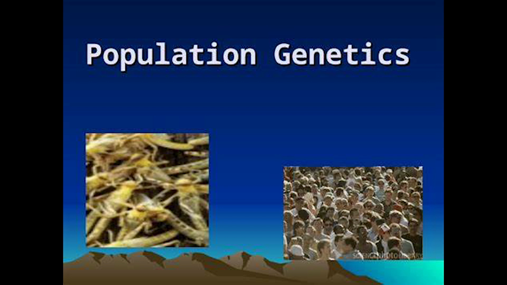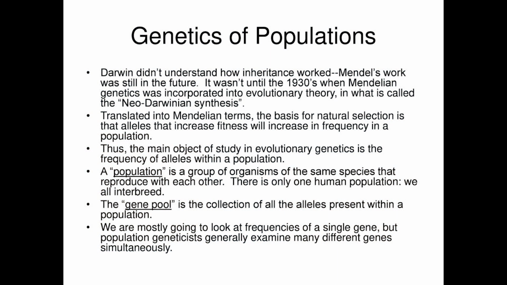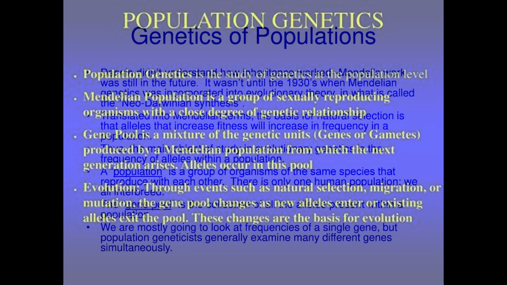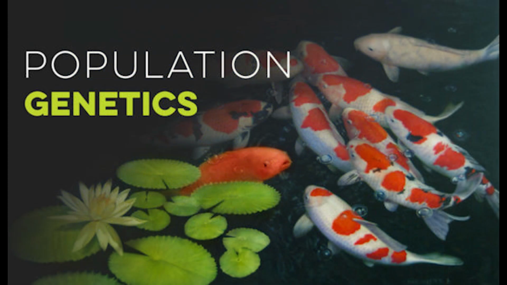By combining Mendelian genetics with Darwinian evolution, population genetics bridges the gap between microevolution, small genetic changes within populations, and macroevolution, the formation of new species over time. Population genetics focuses on allele frequencies, the proportion of different genetic variants, alleles, in a population, and how these frequencies fluctuate due to evolutionary forces. The study of these changes allows scientists to predict how populations evolve, understand genetic diversity, and explore the genetic basis